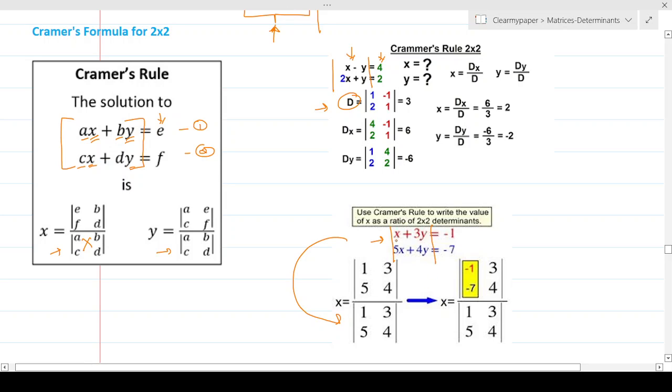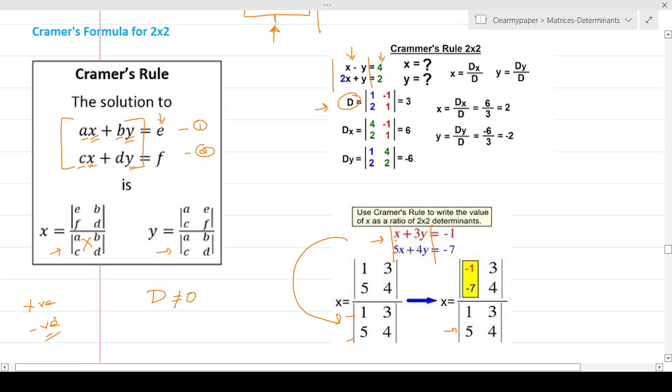So over here, if you see 1, 3 and 5 and 4, and that's going to be common for all the variables for a given equation. And needless to say, it cannot be 0. The capital D, which is the determinant in the denominator, cannot be equal to 0. Otherwise, you will get an answer in which the denominator is 0 and the answer is undefined. So that cannot be 0. And assuming that it's not 0, it can be a positive value or it can be a negative value.